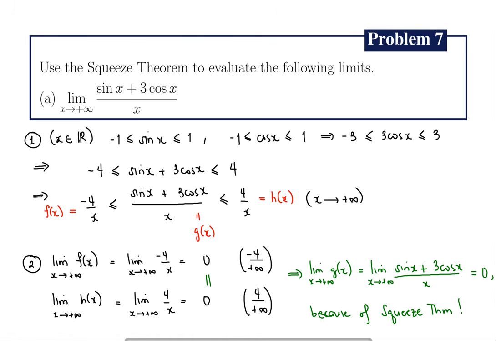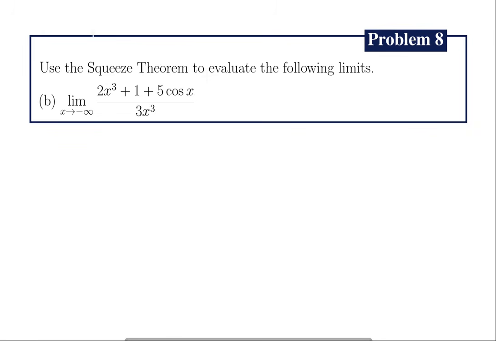Okay. Next. Okay, so for this example, our function is 2x cubed plus 1 plus 5 cosine x all over 3x cubed. Tapos you want to take the limit as x approaches negative infinity naman. Okay? So let's just get right into it. To use squeeze theorem, there are two steps. The first step being we should bound the function that we wish to get the limit of. Okay? So again, this is pretty complicated looking, pero there's no need to worry kasi magsa-start tayo with something we